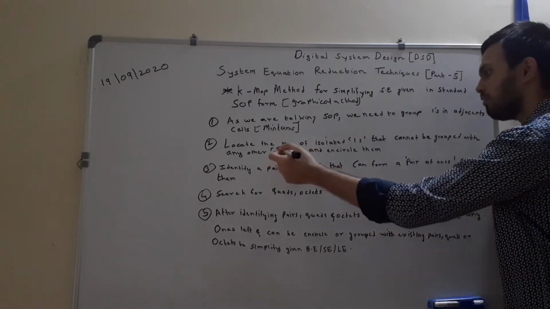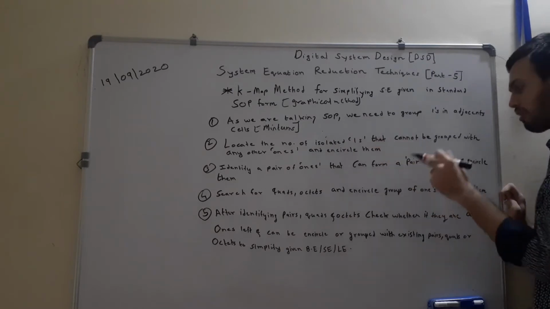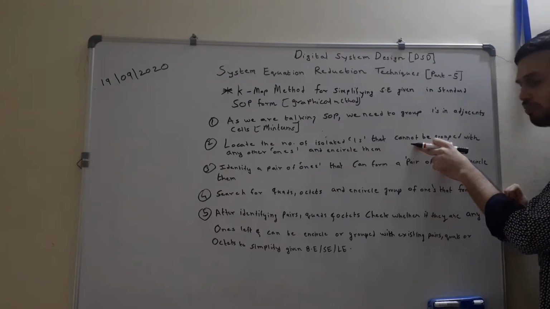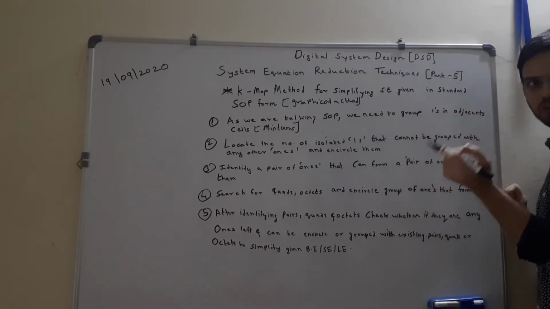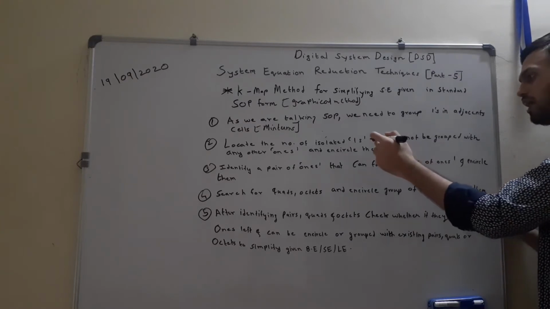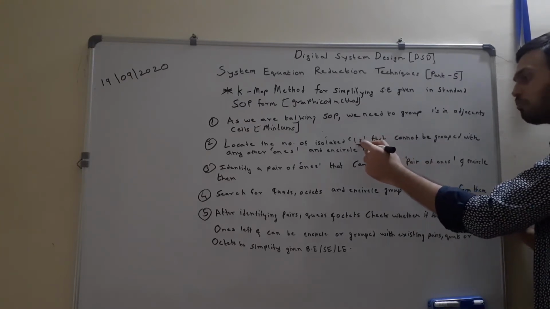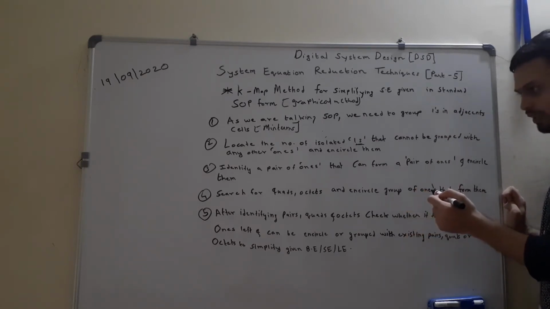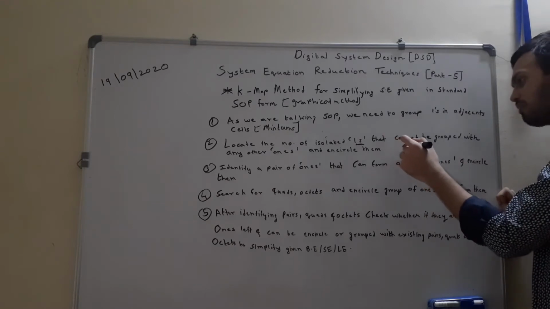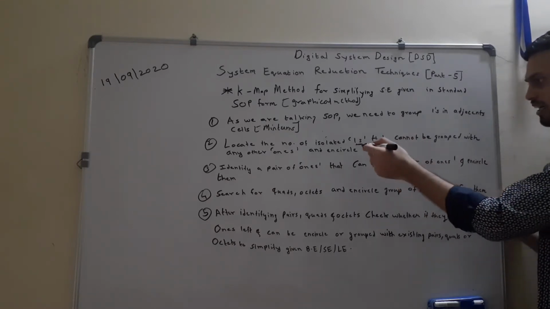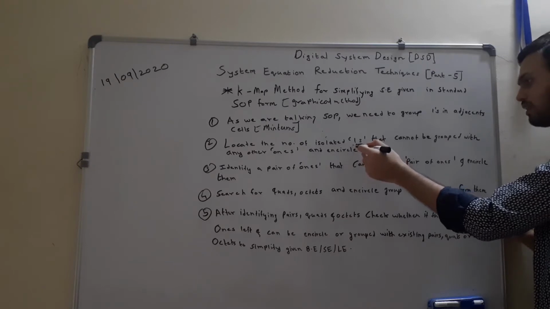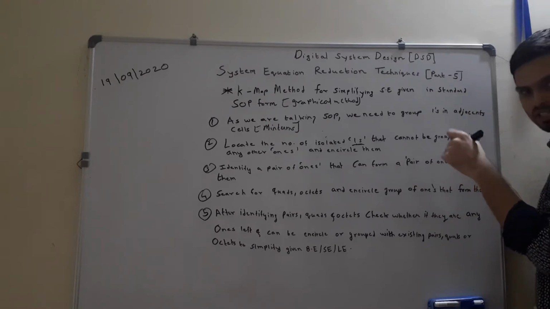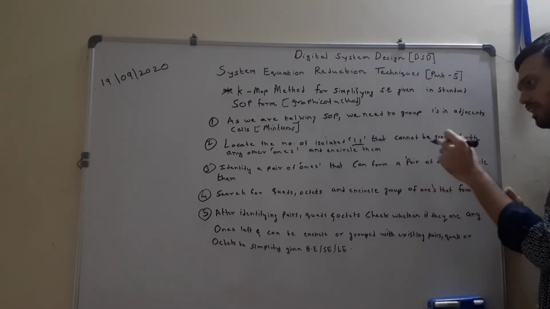Next step is to locate the isolated ones. What are the isolated ones in the K-map? The ones that cannot be grouped with any other group, namely, in the ways of grouping: pairs, quads, and octets. We can group only the ones which are present in adjacent cells, that was one of the rules while grouping. So if there are any min terms, that is ones, which are left out and we are not able to group them, they are known as isolated ones. Then encircle these isolated ones.